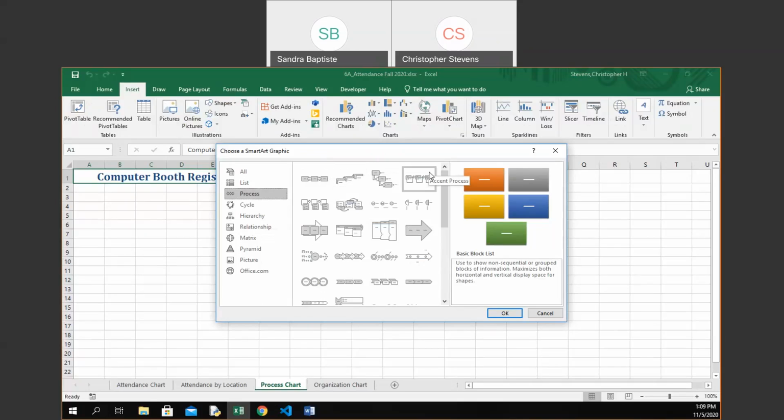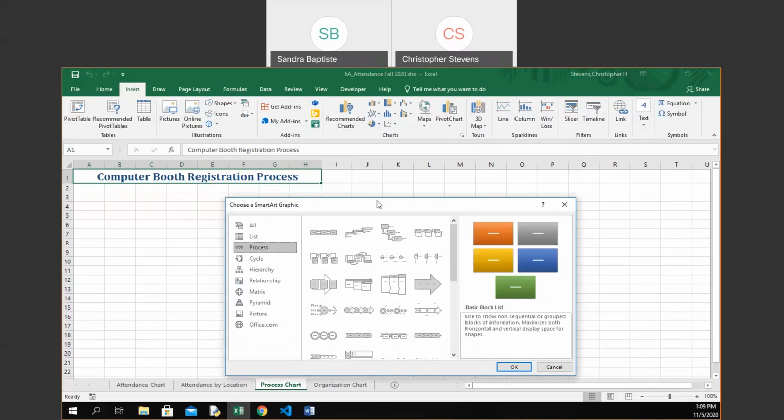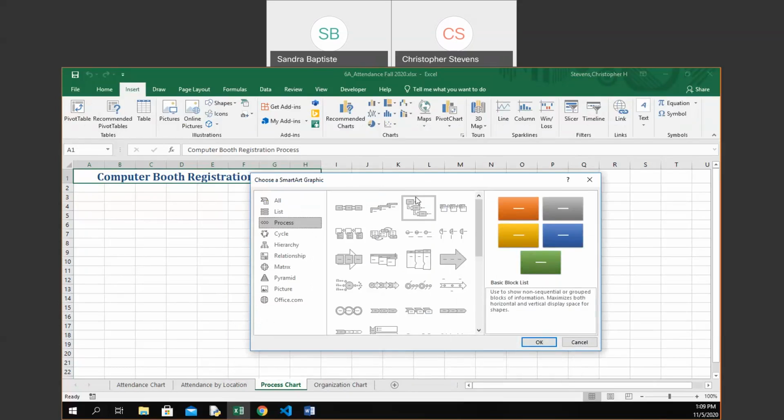For this assignment, we're going to look at a step down process. That's just because we're going to look at what happens as people walk around at this booth registration. As you may tell from the title of this on the sheet, we have Computer Booth Registration Process. So what's the process to get registered? I'm going to select that step down process,